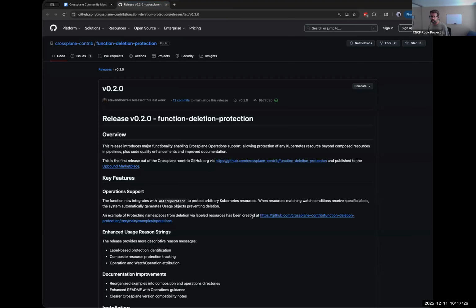So Steven wrote a function here, function deletion protection, and the intent of this is to throw a function into your pipeline and have it automatically manage usage objects to prevent it from being deleted. Again, as the name indicates, deletion protection. So it could be an easier way to go about that, and it opens up some interesting doors